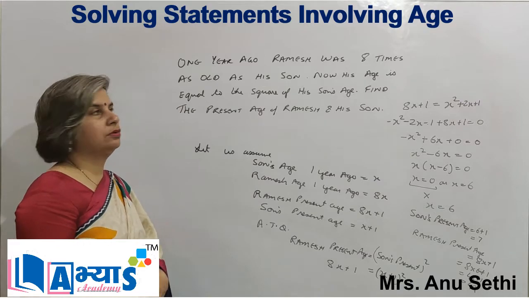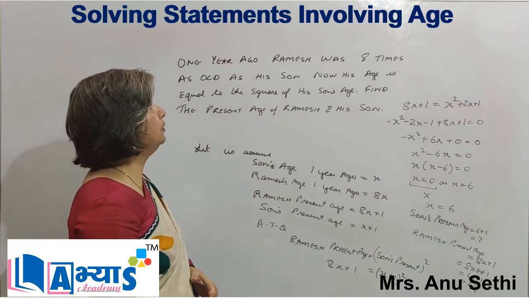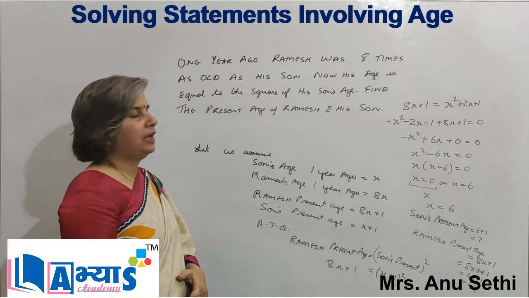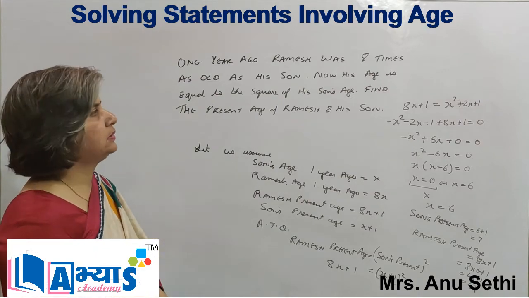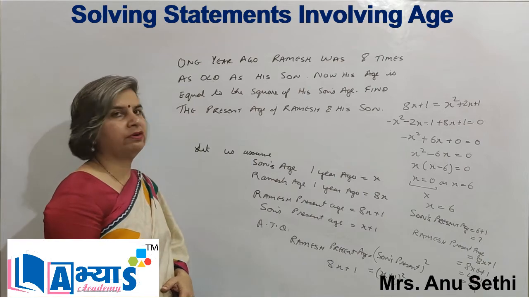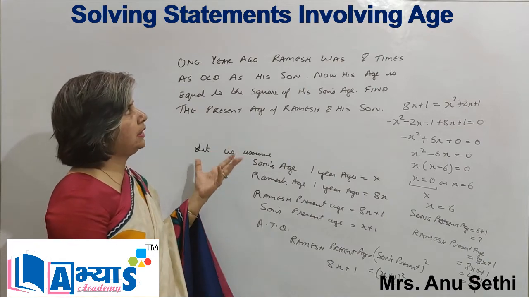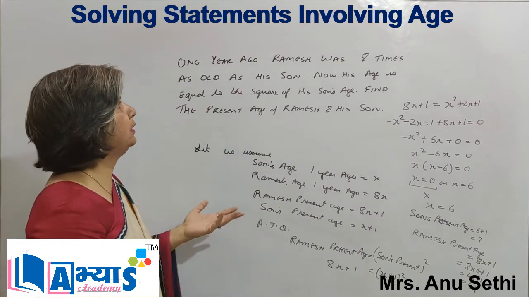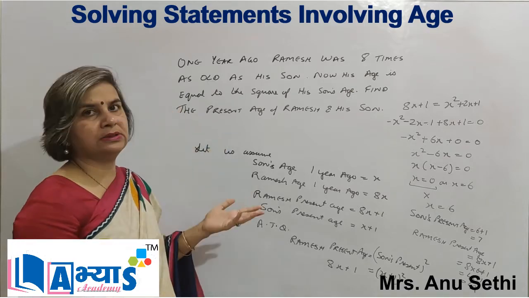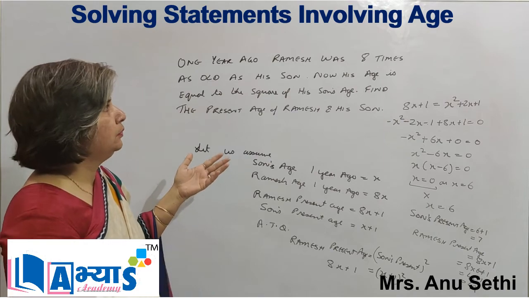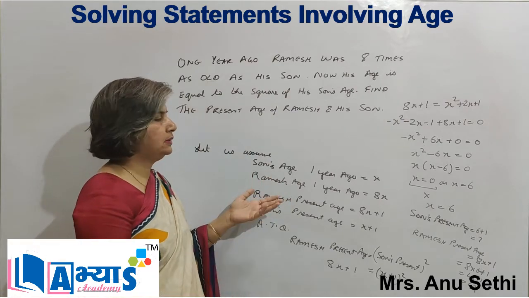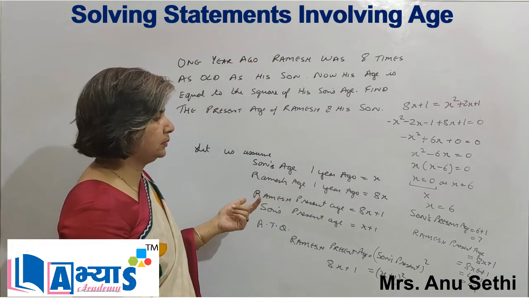Suppose we are given a question: the age 1 year ago, Ramesh was 8 times as old as his son. Now his age is equal to the square of his son's age. Find the present age of Ramesh and son. अब हमें दिया गया है कि रमेश के 1 साल पहले रमेश अपने बेटे से 8 टाइम्स बड़ा था, और अब उसकी जो प्रेजेंट एज है उसके सन की एज से स्क्वायर है,